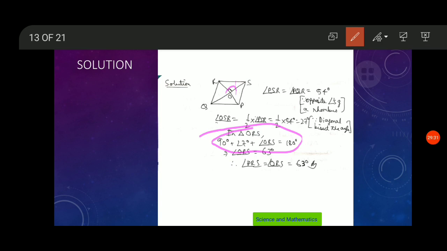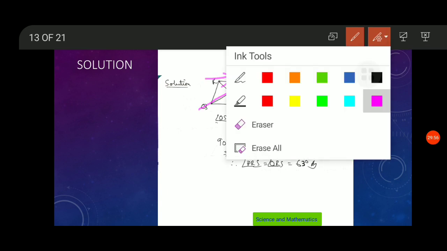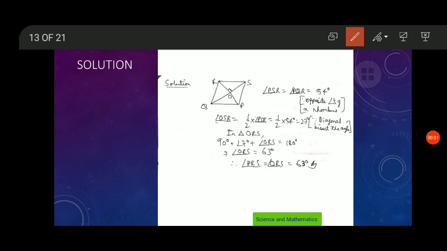So now you can see over this, the angle ORS, we will get this angle as 63 degrees, because it is a triangle, we have only applied that formula. Now we have been told PRS. So PRS is what angle? PRS is the same as ORS. Like I was telling, when you are marking it as OSR, we can also mark it as QRS, and when we are marking it as ORS, we can also mark it as PRS, the same thing. So this will obviously be 63 degrees.